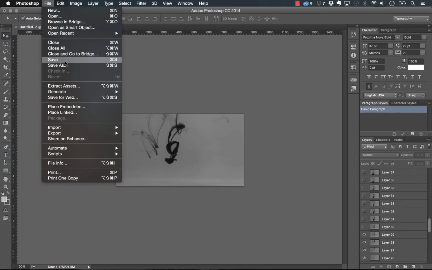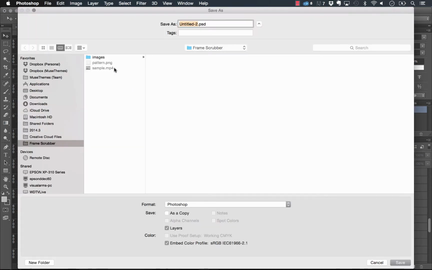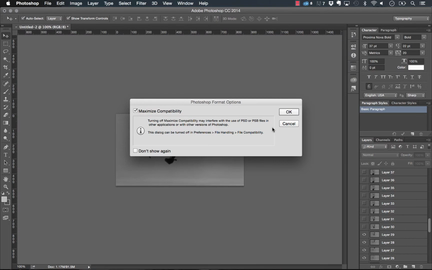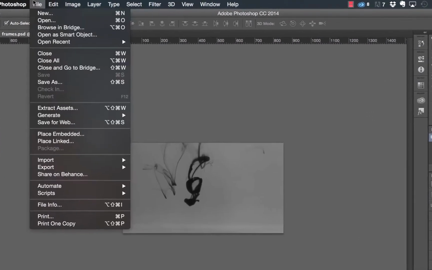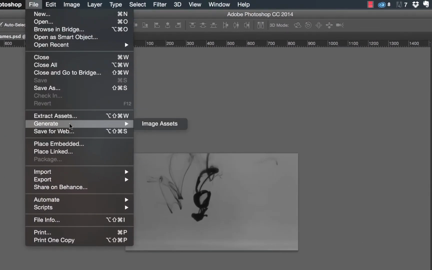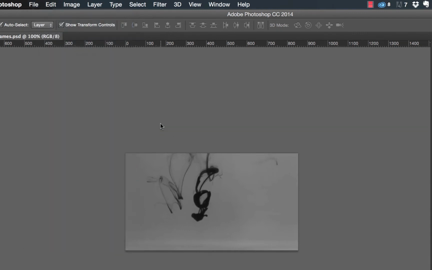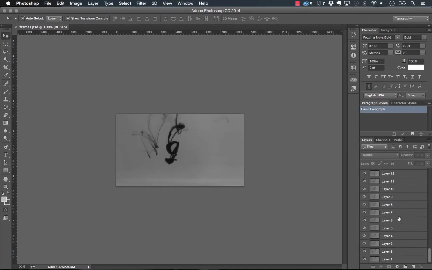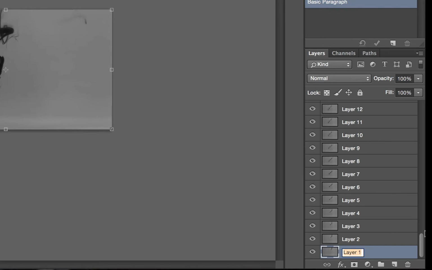So I like to use Generator. First, I'm going to save this file in that folder and call it frames.psd. Now if we go to File and Generate, then you have Image Assets, so we'll turn that on. When we use Generator, we name a layer and Photoshop will generate an image asset for it. So let's name this layer